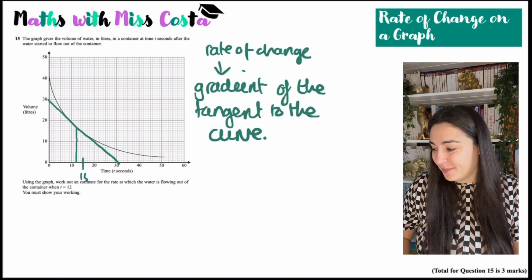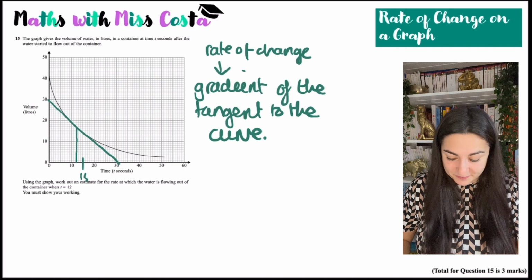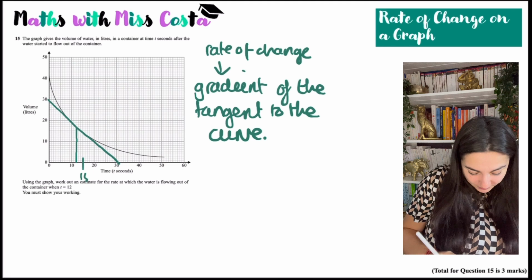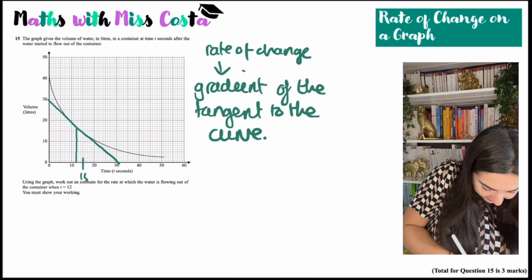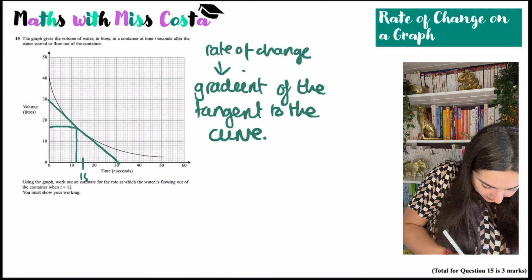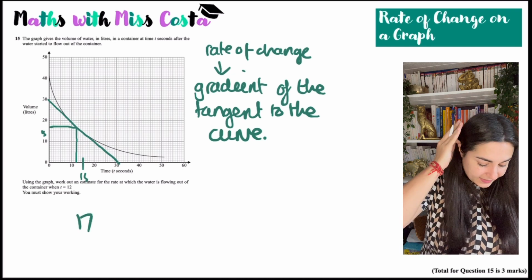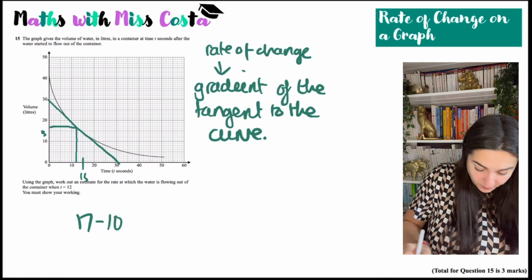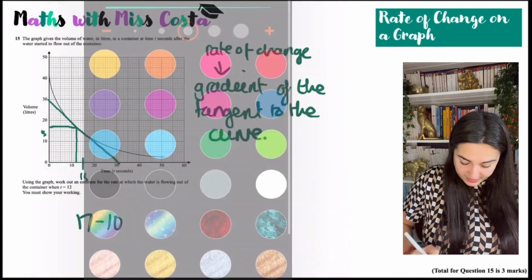Now I am going to have a really badly estimated thing because it's an iPad and it's electronic and I can't see very well. So let's work out the gradient. I'm going to just do that here. So that'll be 10, 15, 16, so let's say 17. So the y-axis is 17. And I'm going to do it to 10. So 17 take 10. Remember the gradient, I'll do it in a different colour. The gradient